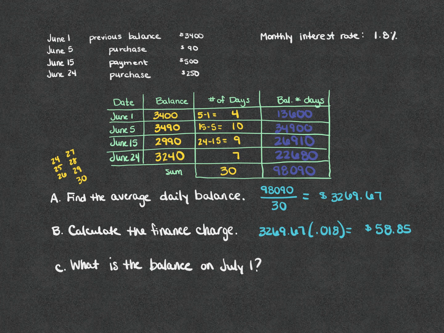$58.85. So then what the credit card company does is they take that finance charge based on your average daily balance and they add it to your last balance. Now, please remember, the last balance is up here on June 24th. This is the last time you made a charge. It is not the average daily balance. Never was the amount you owed exactly $3,269.67. Here are all of your balances. So we have to go back to the last known balance of $3,240, add on the finance charge of $58.85, and that means on July 1st, the new amount that you owe the credit card company is